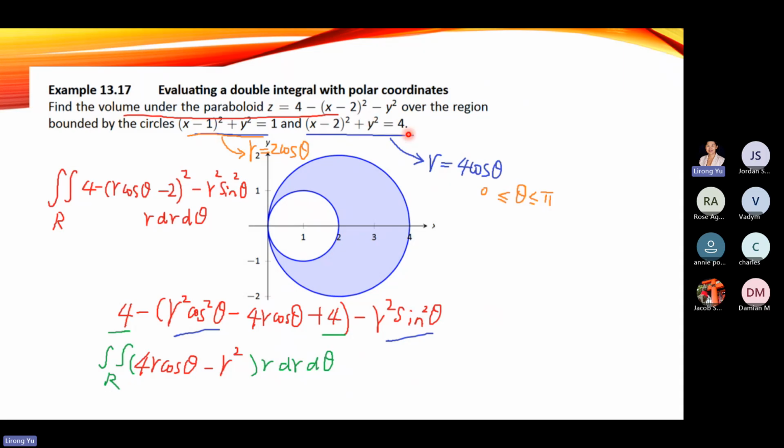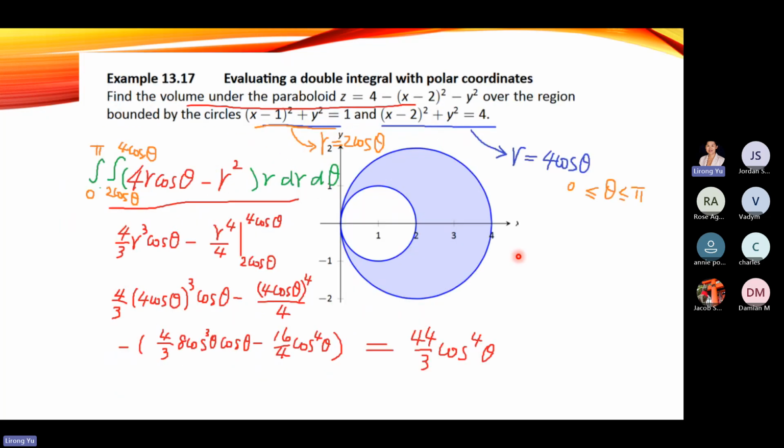Like the 4 on this side will cancel the 4 on the other side. So if you're seeing cancellation, you will probably get that one. Right. So these two are circles. Whenever we have a circle in polar coordinates, they tend to be a lot shorter. So these are going to be the lower boundary. Lower boundary is the inner circle. Upper boundary is the outer circle for the r. Then we can start writing the lower boundary and upper boundary for the r, and for theta it is 0 to